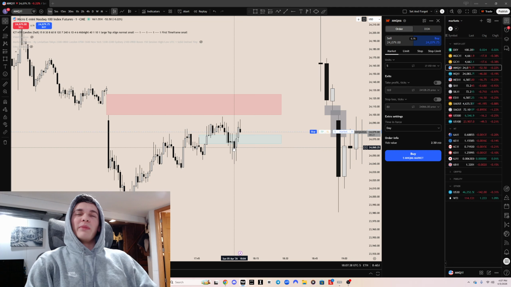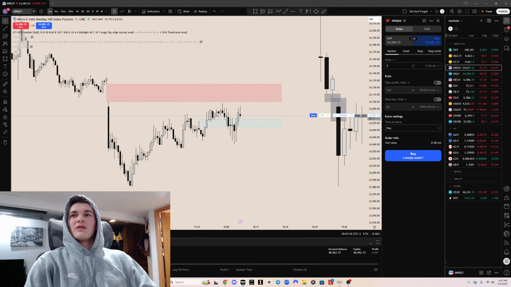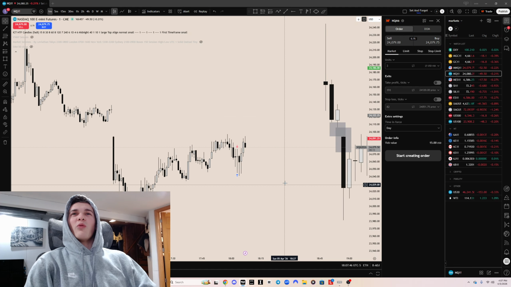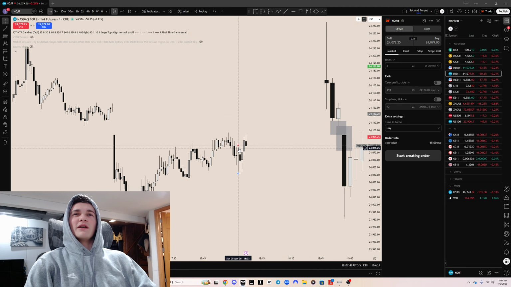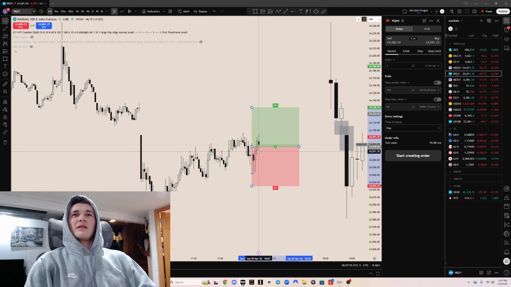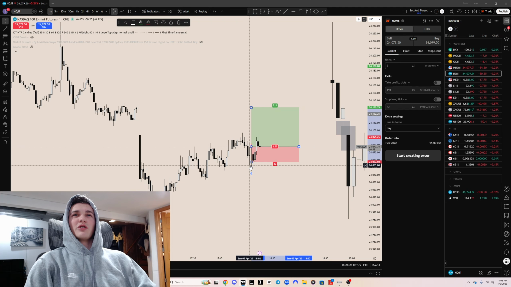Where did I even click buy? Oh, it doesn't even pop up no more. Oh wait, no, it's on NQ. So we bought in right here, I think literally right there. And then our stop was a little bit above this wick here, so around right here. Perfectly got stopped out, and the take profit would be right here.